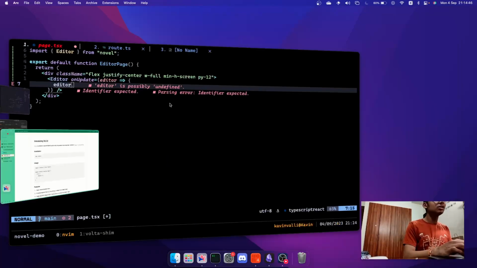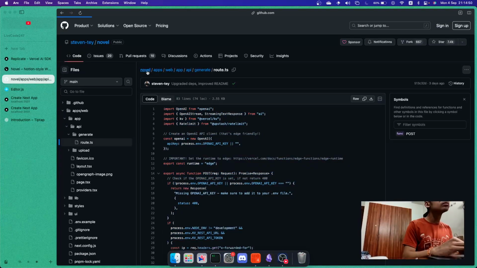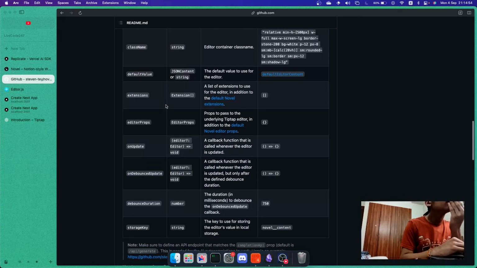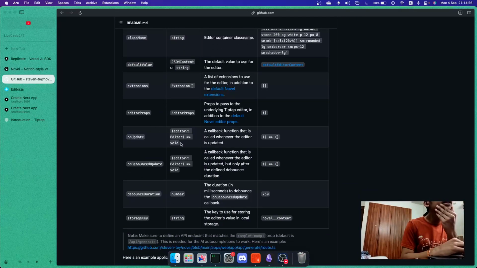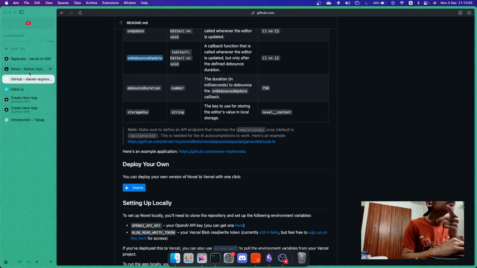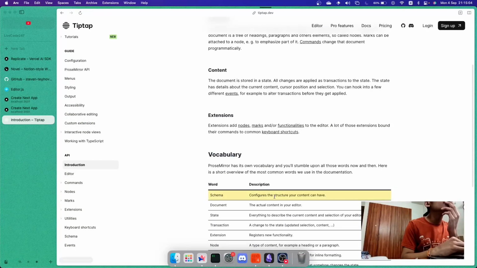I actually didn't look at this, but they have, interesting. Let me just see this. On update is giving the editor and an on debounced update, which is probably better for us. But if I look at Tiptap and the editor,